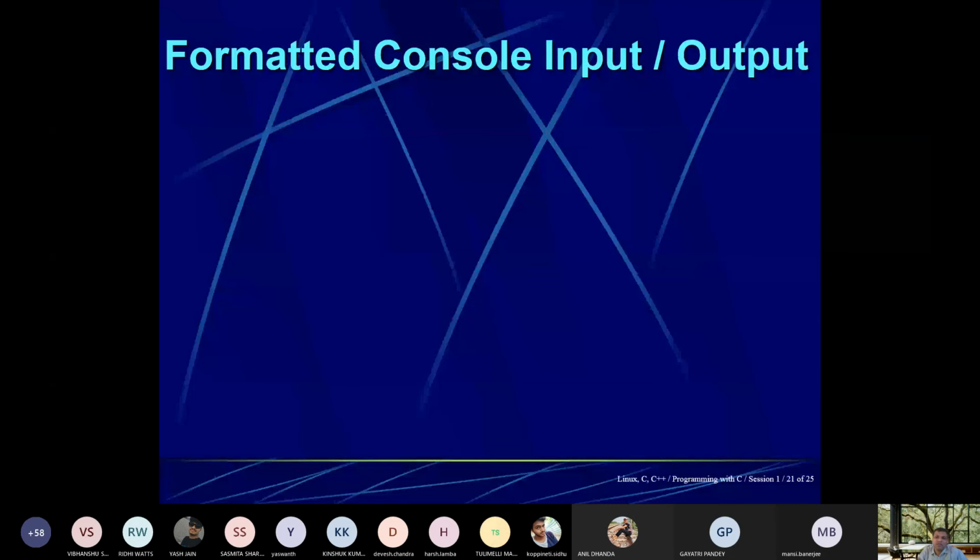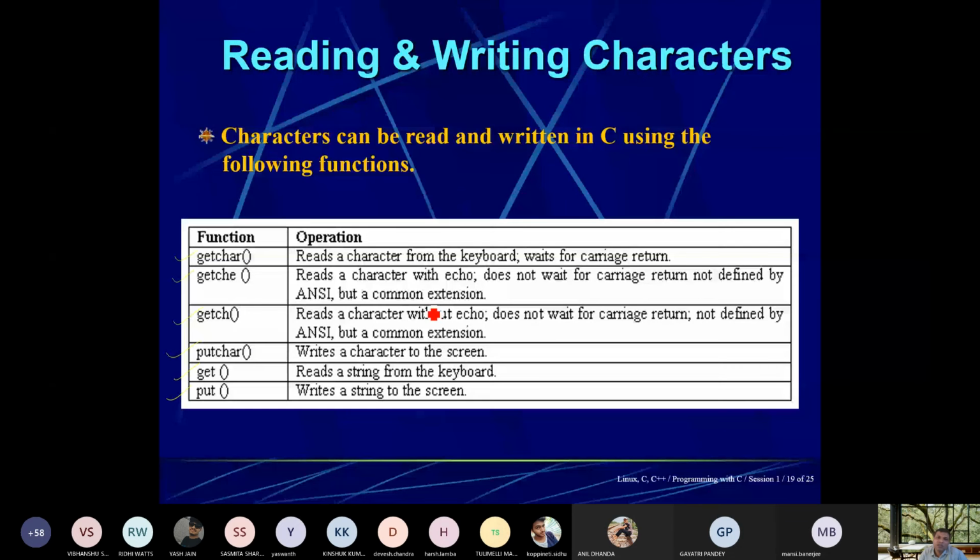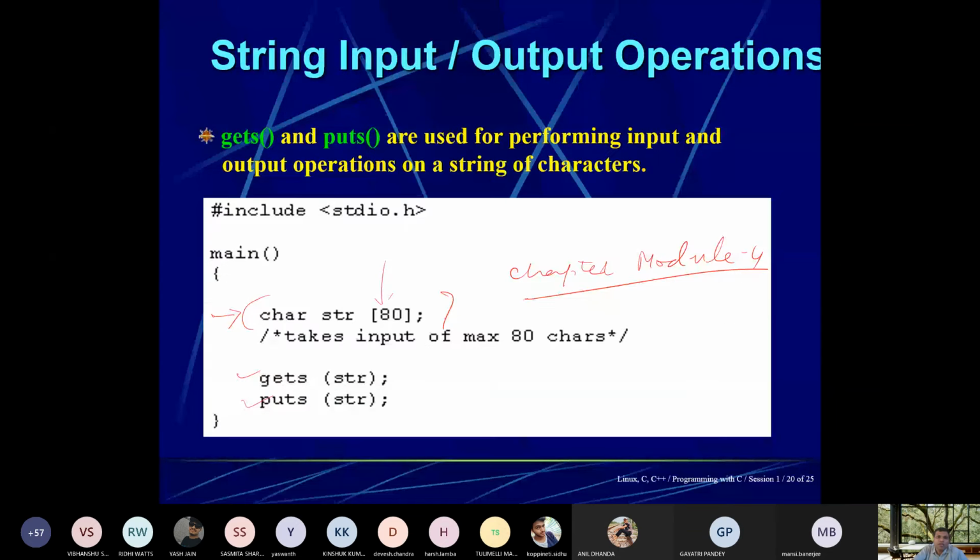Formatted console input output. So this is our function. Here it is used in C, if we are reading the book by Dennis Ritchie, C programming by Dennis Ritchie. So he uses gets, puts and putchar. These two functions Dennis Ritchie has used sometimes, but most of the time these characters they have used, and it was not formal. Nowadays it is a very formal and standardized language, so there is no problem related to this.